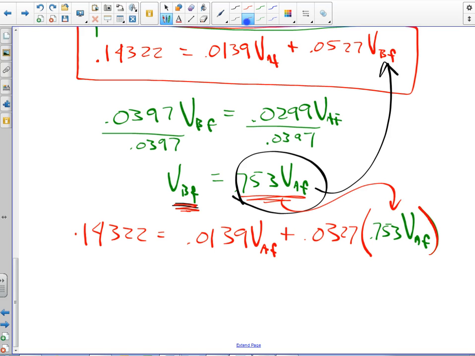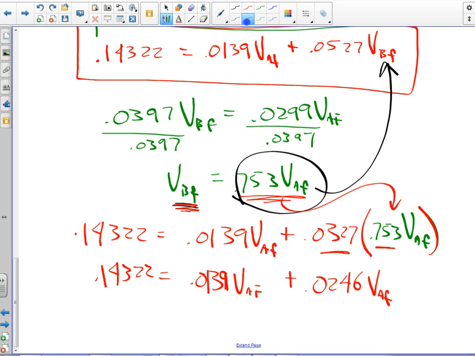And now I have only one variable. So I got to do some cleaning up. We'll do this times this, and we'll get 0.0246 VA final. And over here we'll get 0.0139 VA final, equals